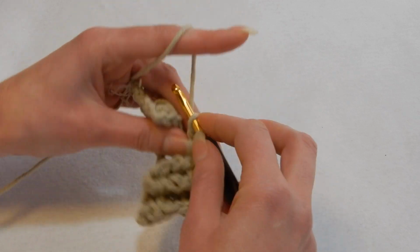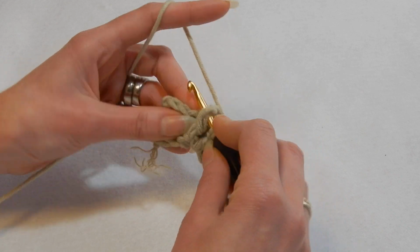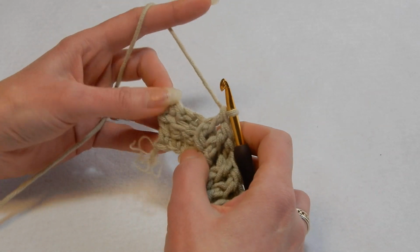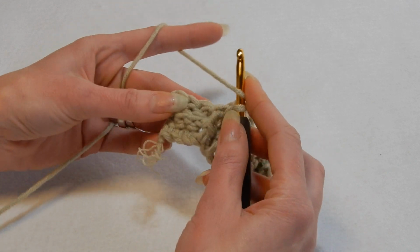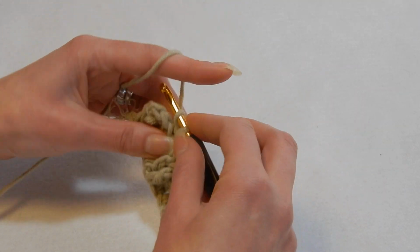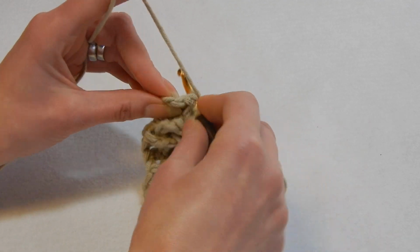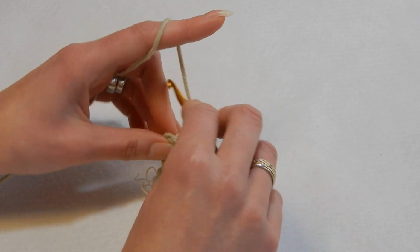pull up a loop, do a double crochet. The next one is front post because we work in sets of 2. So the last ones are going to be back post. So yarn over the hook and you're going to go from behind and pull up a loop. The next one is back post, yarn over the hook,